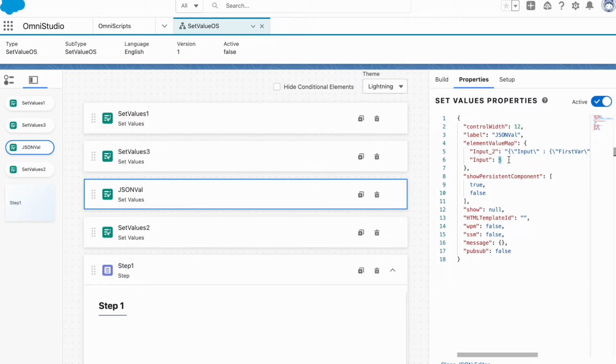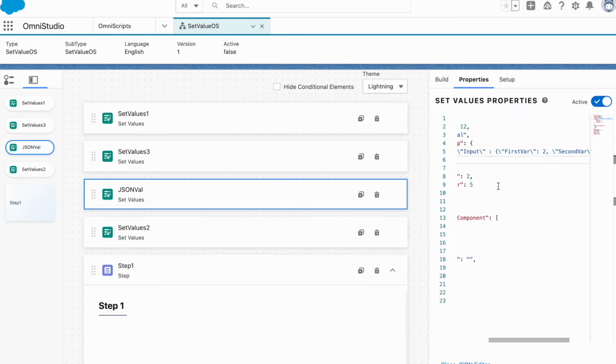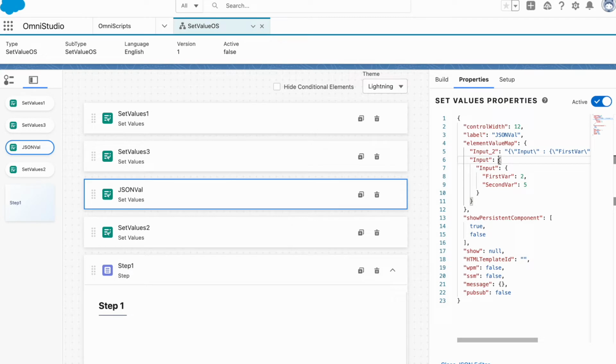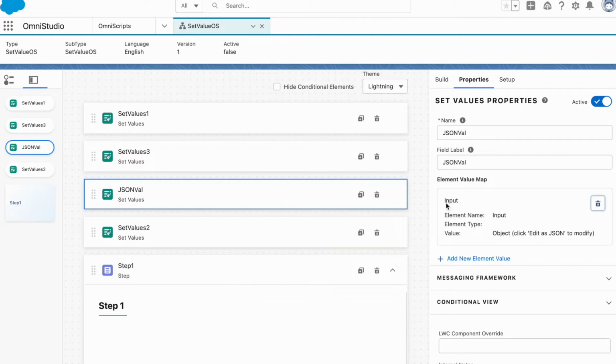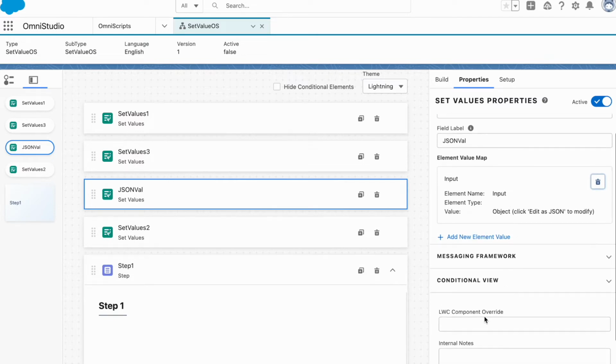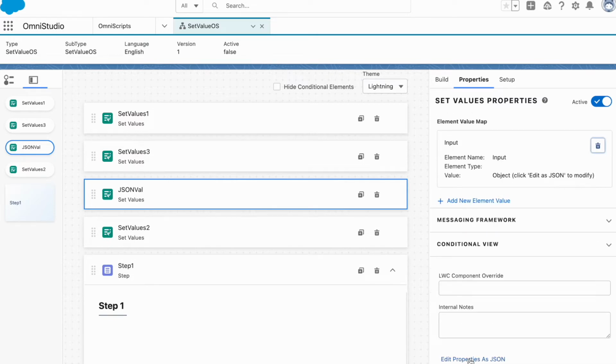And instead of 5, I will write my object something like this. So input has another input, then first var, second var. Okay, and close the JSON editor, and I will delete the input too. So now we have only one variable, input, and because we entered it manually through the JSON editor, we cannot edit here. So every time you have to edit, you need to go to edit property as JSON and